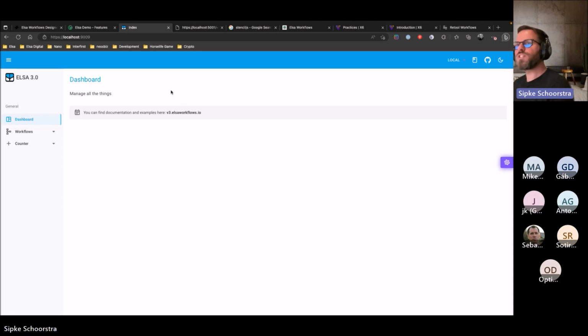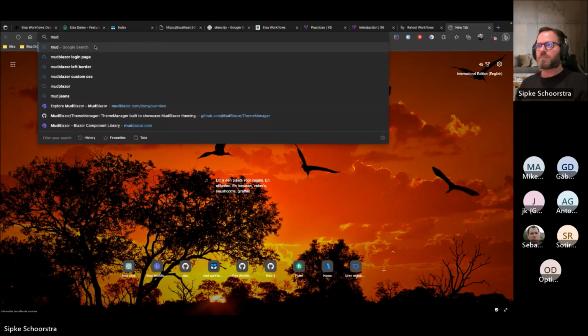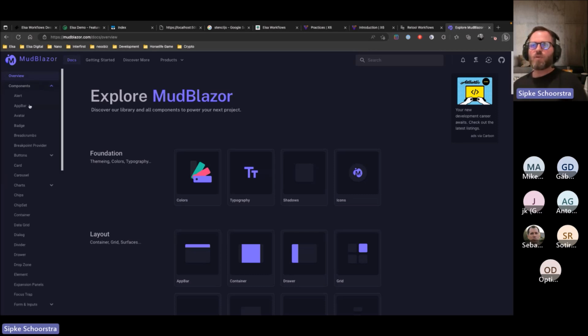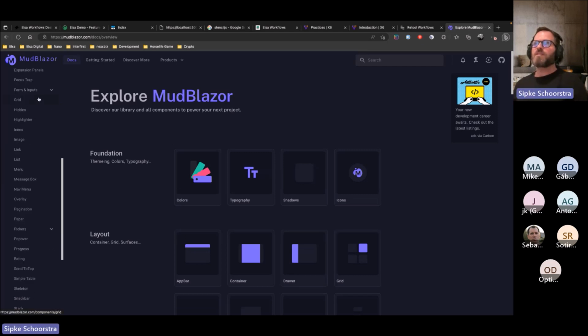It's a Blazor project. So it's a dashboarding thing, which makes it more convenient and more extensible for users to add their own modules, but also take advantage of the component libraries out there that are built for Blazor. Like this is based on Mud Blazor, which is just a component library built for Blazor, which is pretty cool. It implements the material design system,